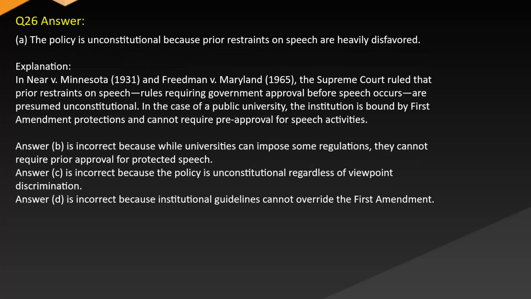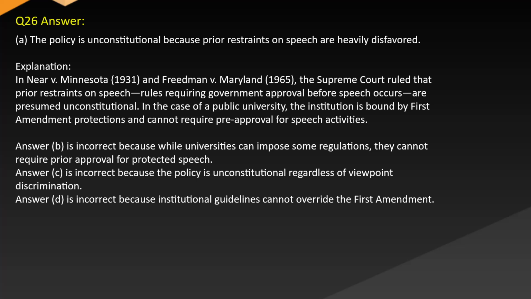Answer A. The policy is unconstitutional because prior restraints on speech are heavily disfavored. Explanation. In Near v. Minnesota, 1931, and Freedman v. Maryland, 1965, the Supreme Court ruled that prior restraints on speech, rules requiring government approval before speech occurs, are presumed unconstitutional. In the case of a public university, the institution is bound by First Amendment protections and cannot require pre-approval for